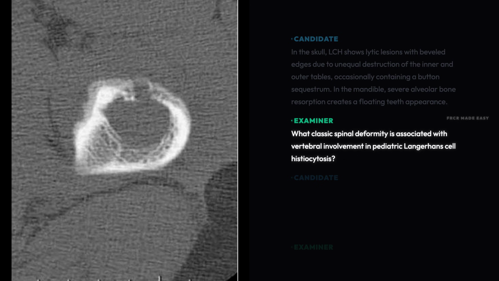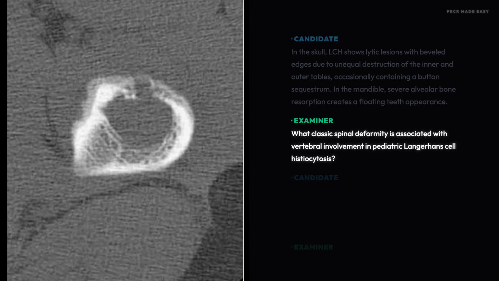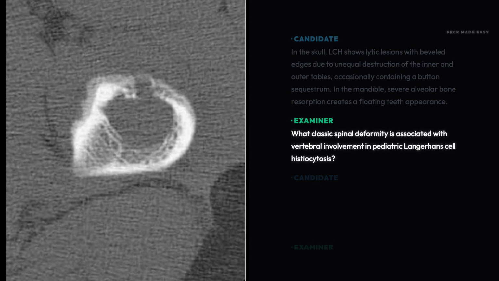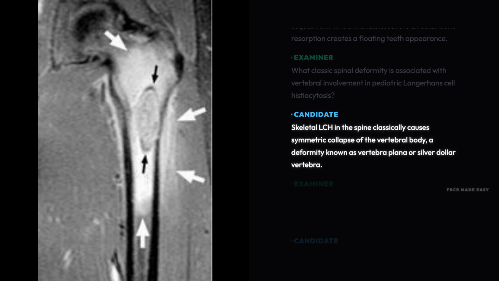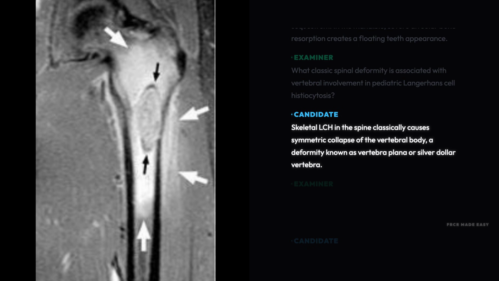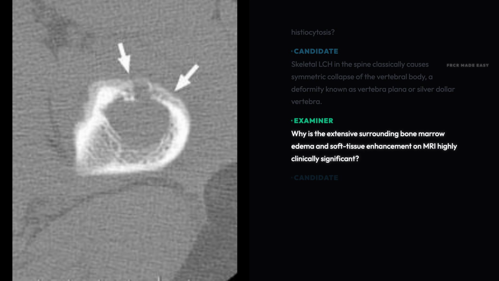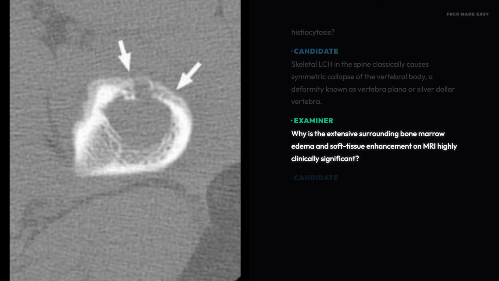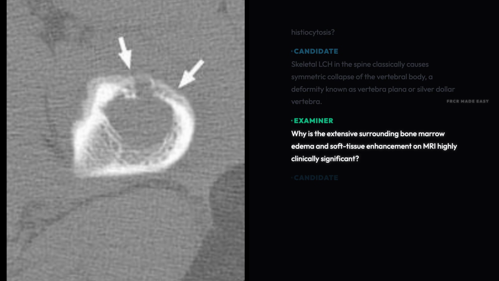What classic spinal deformity is associated with vertebral involvement in pediatric Langerhans cell histiocytosis? Skeletal LCH in the spine classically causes symmetric collapse of the vertebral body, a deformity known as vertebra plana or silver dollar vertebra. Why is the extensive surrounding bone marrow edema and soft tissue enhancement on magnetic resonance imaging highly